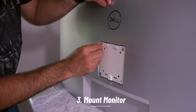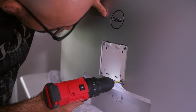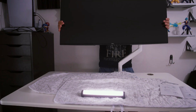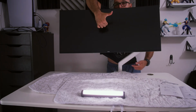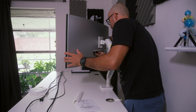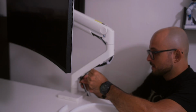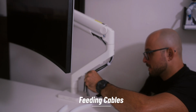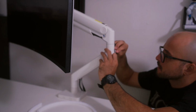With step three, once the monitor arm was set, I installed the 100 by 100 millimeter bracket in the back of my monitor, mounted it super carefully and adjusted the height accordingly. Then from there, I laid out all the cables that I unplugged earlier and made sure to go one by one, plugging it into the monitor, then velcroing with double-sided velcro together and feeding it through the monitor arm cleanly